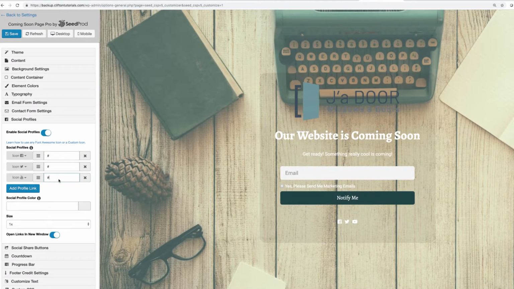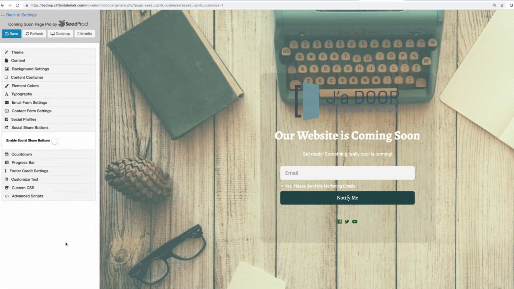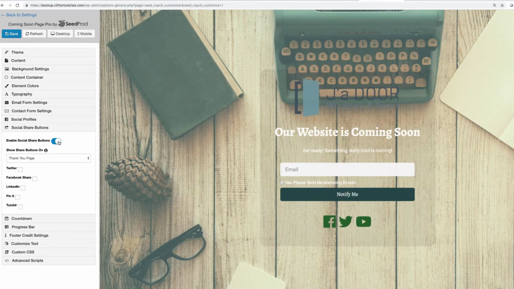Okay. And we'll leave the color as white, or if you want to be more matchy, you can make it green, right? So similar green there. All right, and then we can increase the size. So we want this to be twice as big, maybe 3 times as big as it is right now. Or you could do social share buttons. Now, social share buttons are different from the links because they basically just have you share the page. Okay, so I can say I want it on the front page, and my social share buttons will appear,